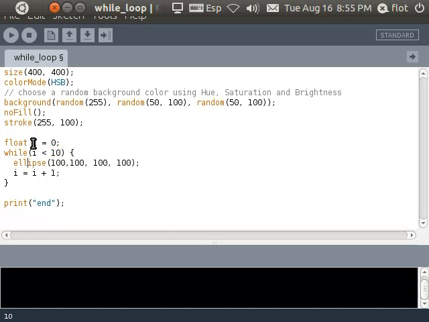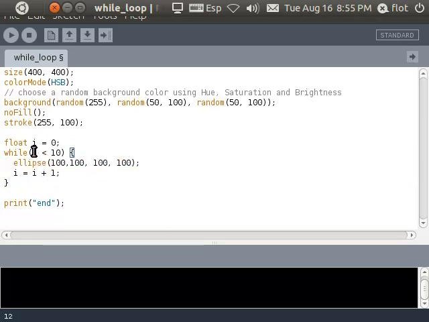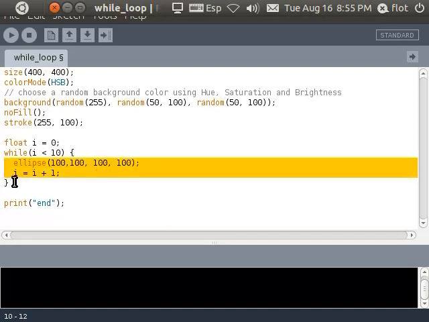So in this case, we start by having i is 0, and then while i is less than 10, is i less than 10? Yes, it is. 0 is less than 10. Then it draws a circle. Then we are increasing i, so now it will be 1. And then here, instead of continuing down, it jumps back to the condition. And it checks now i, which is 1. 1 is less than 10, yes, so it runs this again. And then i is 2, and it's still less than 10, so it continuously runs this block until the condition